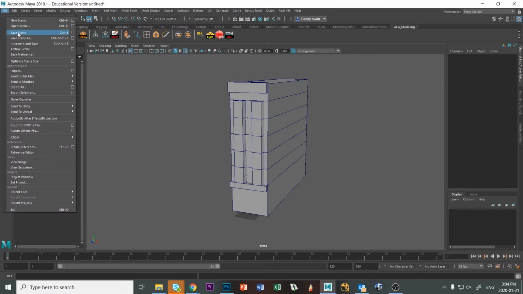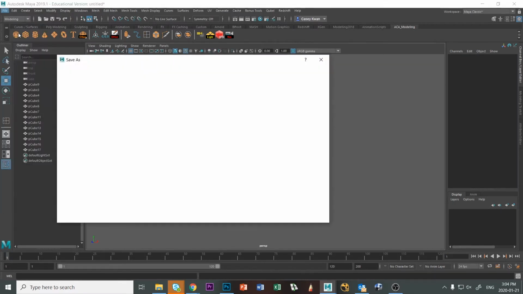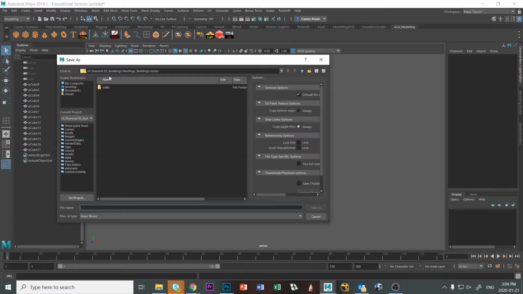Let's see now, if I save, by default, it's going into that folder. And by default, it chooses my scene subfolder because that's where it keeps scenes. Does that make sense? Now I'm going to name this file. I'm going to call it Hastings